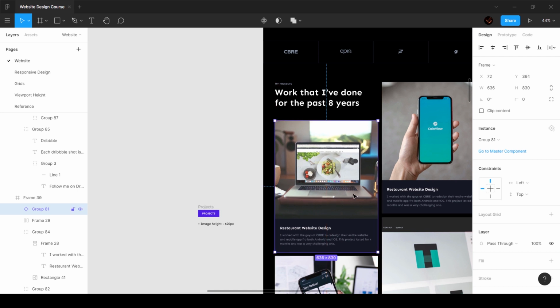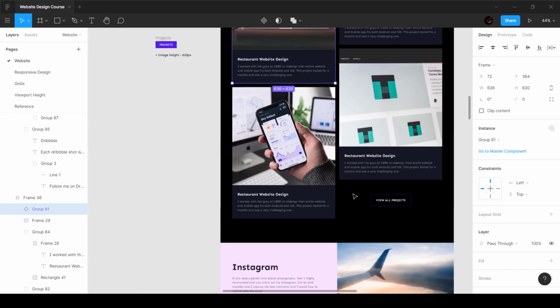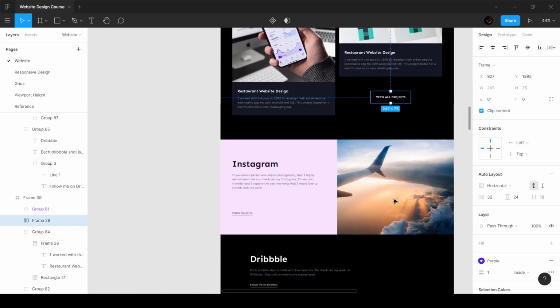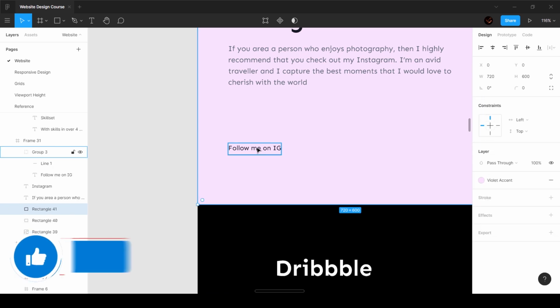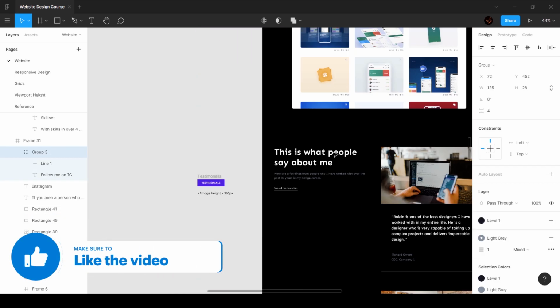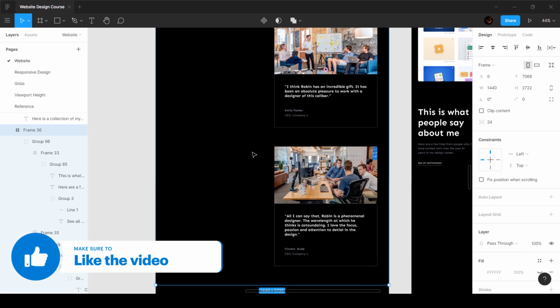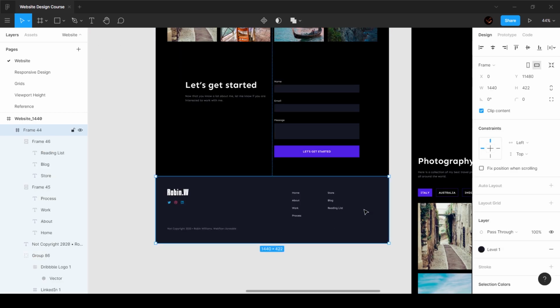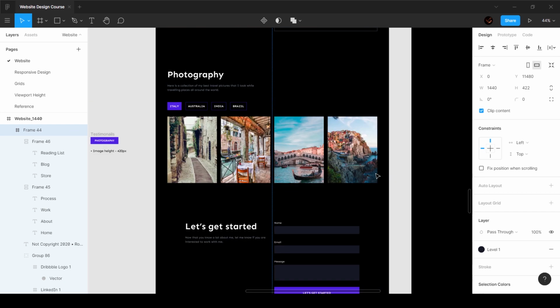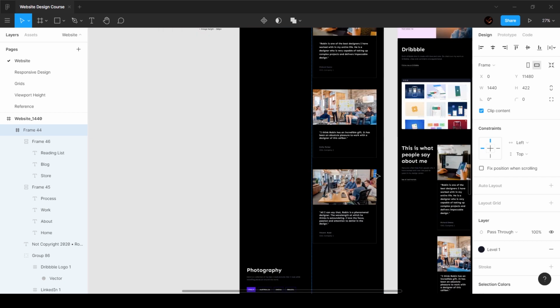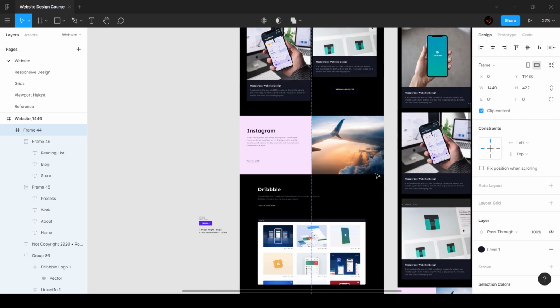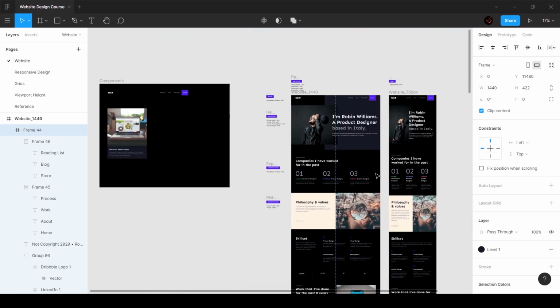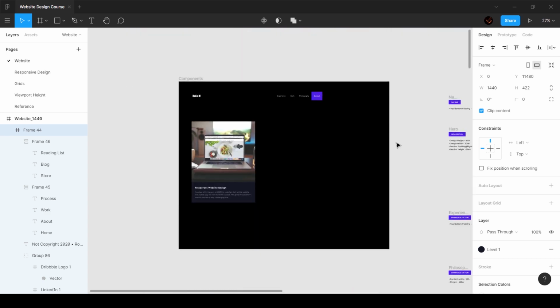Ideally, pretty much most of the elements on your website need to be a component. Even things like buttons can be components. These cards can be components, and these buttons can be components, and even a footer can be a component. So this is pretty much how you use components. Now, I should have used components, but I did not. But that's completely okay. When you are going forward with this, you can create a component out of this. And when you're designing your next website or any design, you can create components.